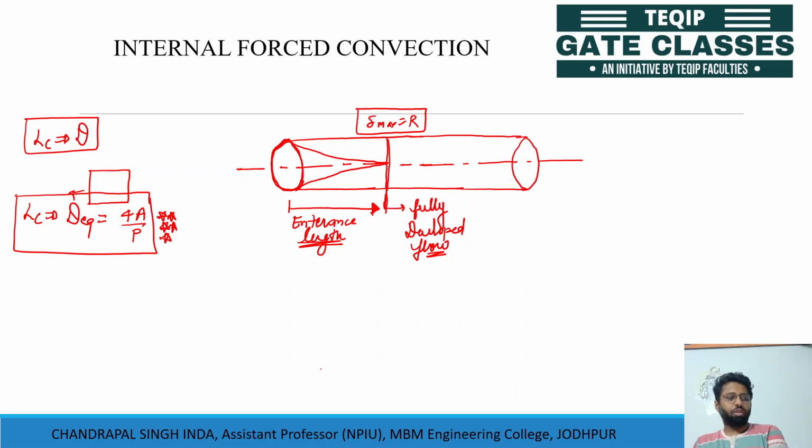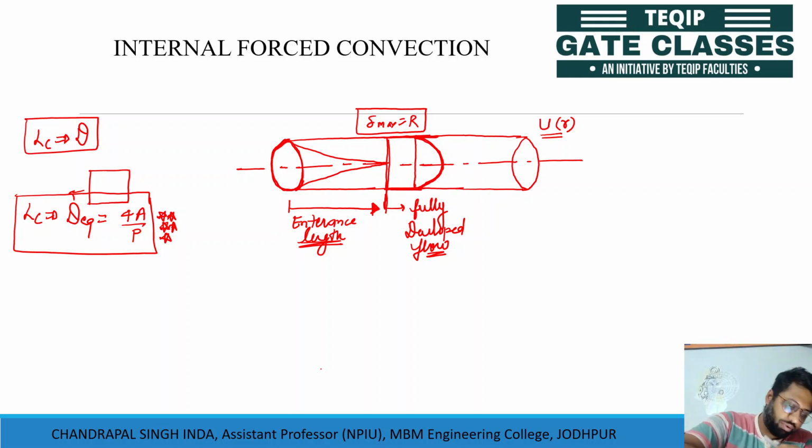Now when there is a laminar flow, there is a parabolic distribution of velocity in the direction of the radius. At the surface of the pipe the velocity is zero, as the fluid is viscous, and we find the maximum velocity at the axis of the pipe. So the velocity varies in the direction of the radius; we can say the velocity is a function of radius.